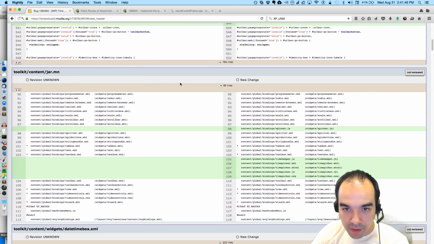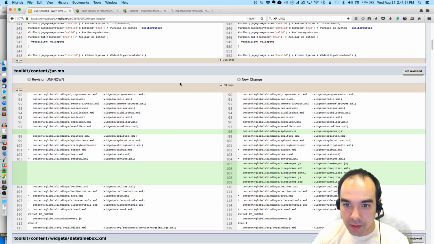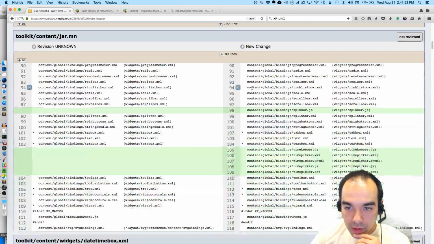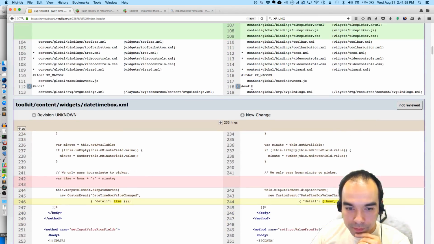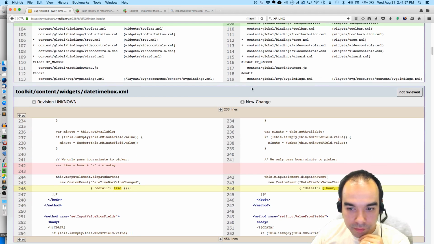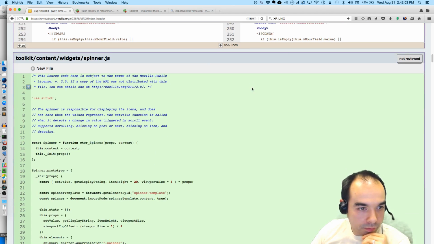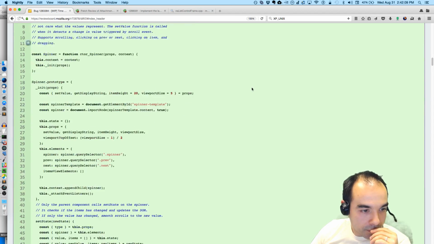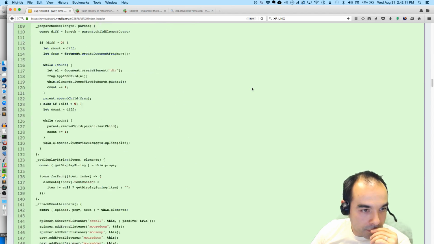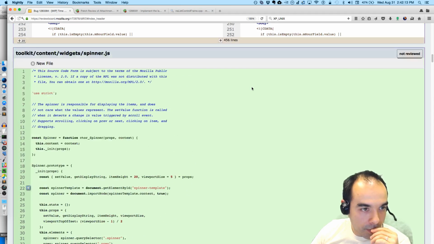So this is the stuff that I was actually asked to look at. Picker pop-up. What are we doing here? We're constructing a spinner.